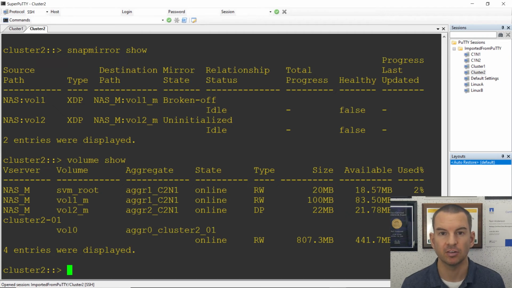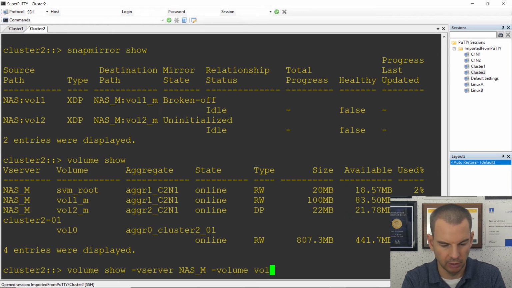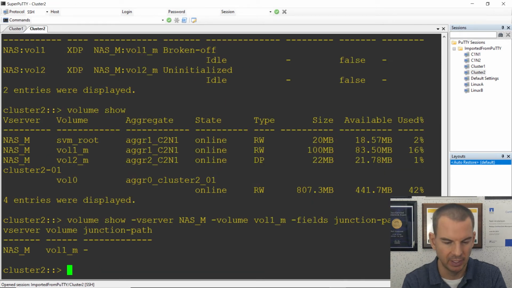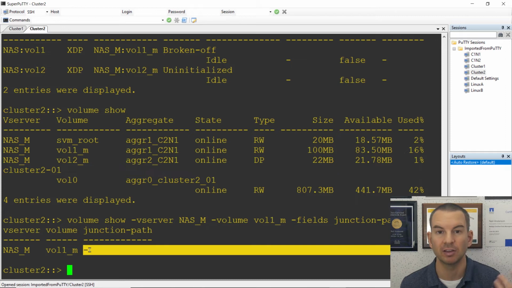First, let's check and see if volume 1 is mounted in the namespace or not over on the destination cluster. So I'll do a volume show. This is vserver NAS_M. The volume is vol1_M. And I don't want to get all the information. I just want to see if it's mounted in the namespace or not. So I'll say fields junction-path. And there you can see that it is not mounted in the namespace,